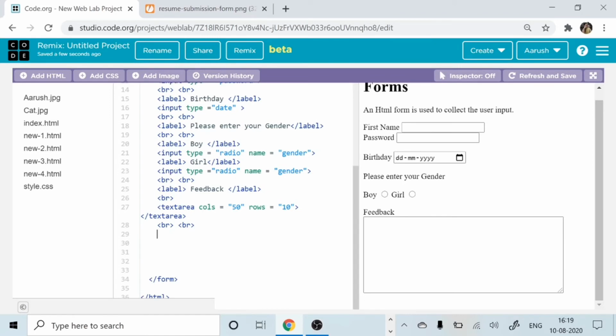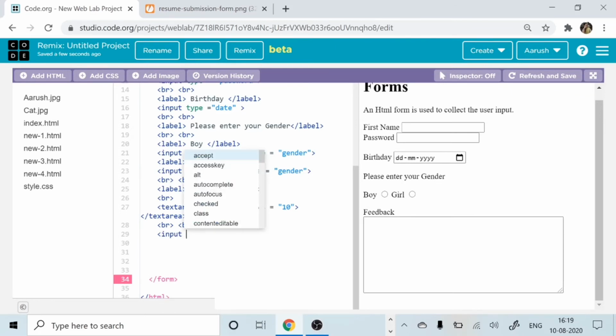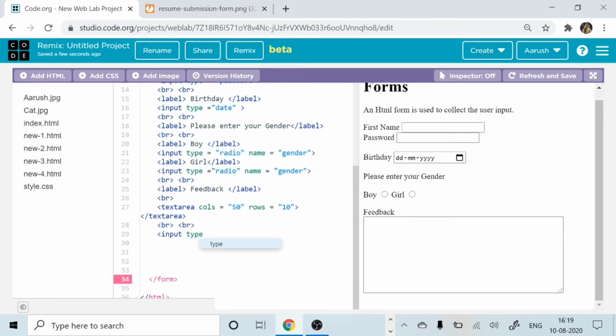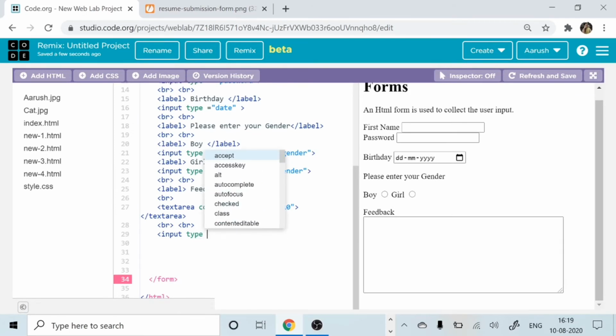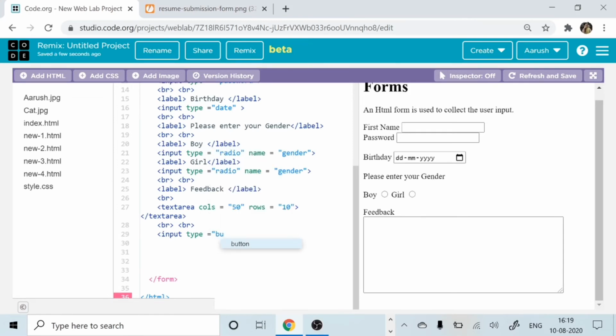When you've put the break, what we are going to do next is input, then I'm going to put type, and then the equal to sign, and we say button. Yes. So you have this button over here.